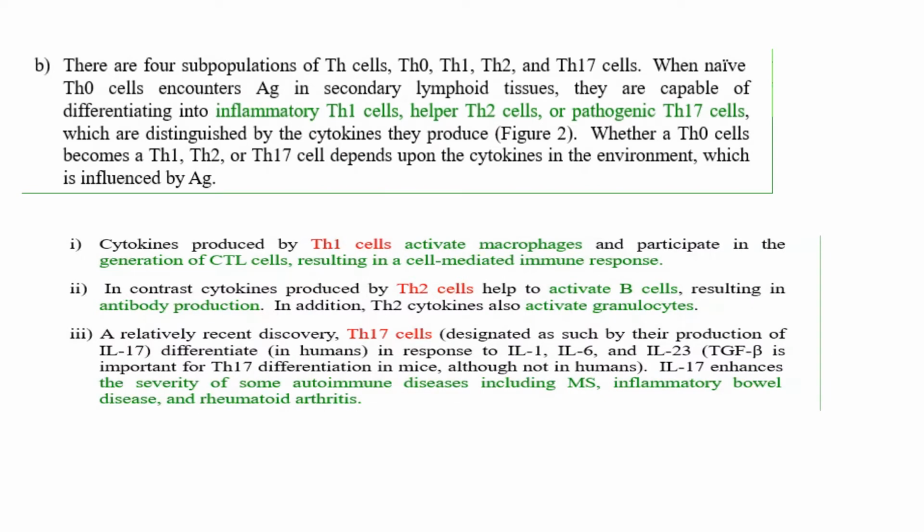So, cytokines produced by T helper 1 cells will activate macrophages, and will participate in the generation of cytotoxic T cells, resulting in a cell-mediated immune response. In contrast, cytokines produced by T helper 2 cells will help to activate B cells, resulting in antibody production. In addition, T helper 2 cytokines also activate granulocytes,